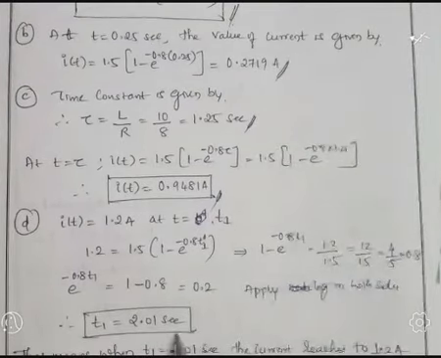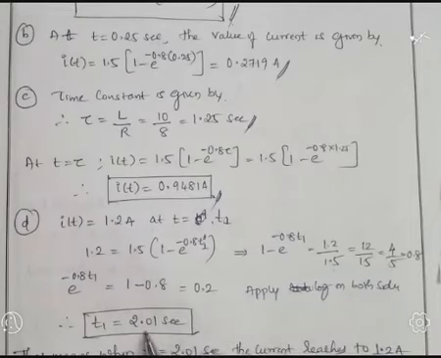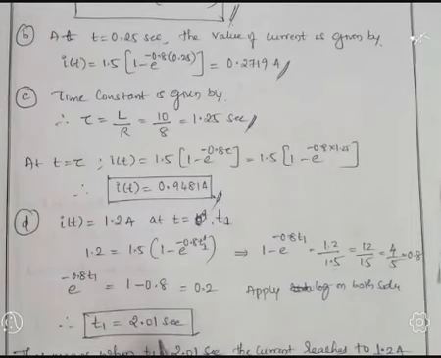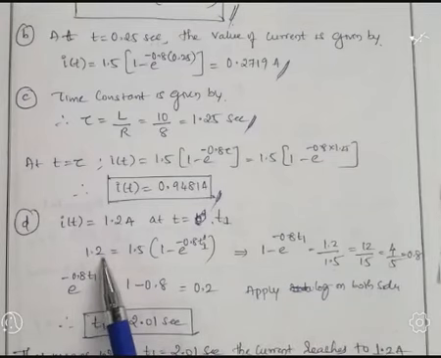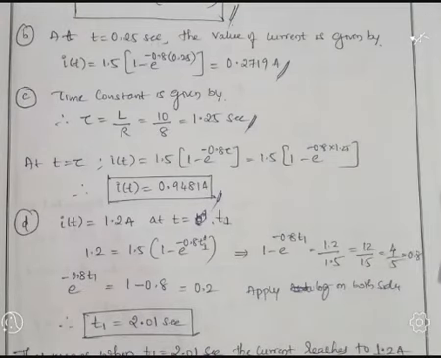This means the current reaches 1.2 amperes at time t1 equal to 2.01 seconds. This is about the given example. Likewise, we are going to solve